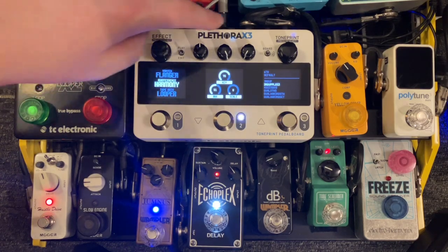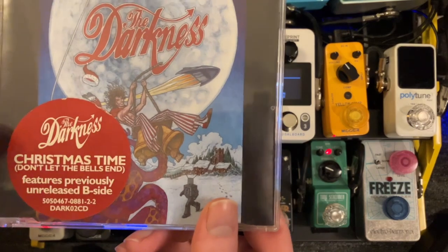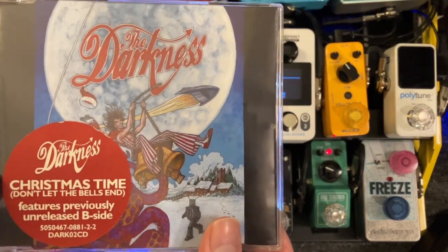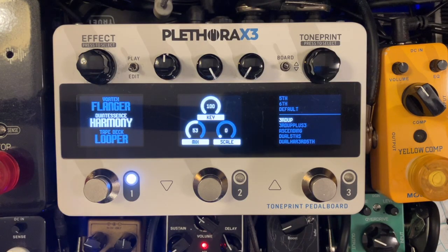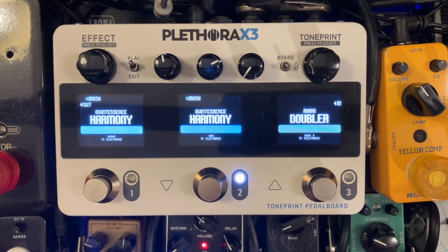Welcome to this mini tutorial on how to use the Plethora X3 to get the sounds in Christmas Time by The Darkness. Just a quick note, I haven't yet updated the firmware on this Plethora, so my interface may look slightly different